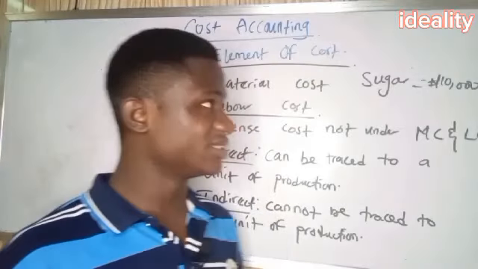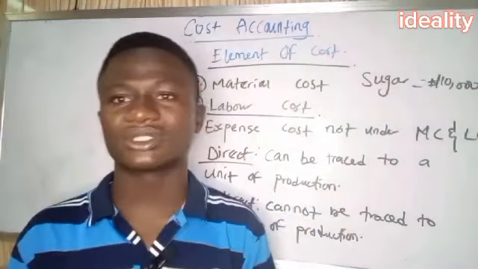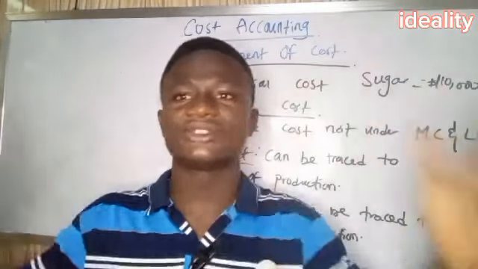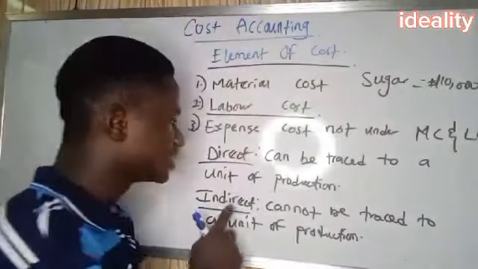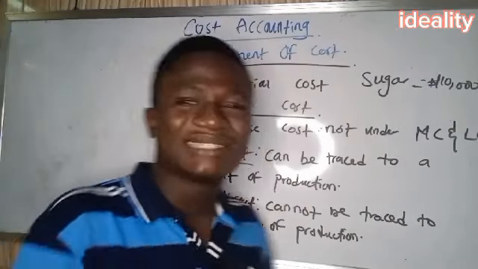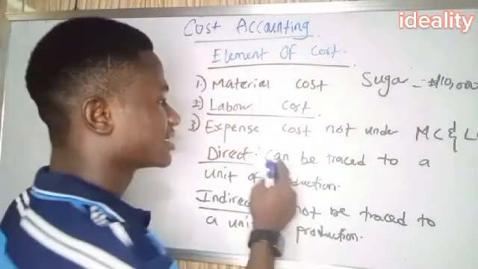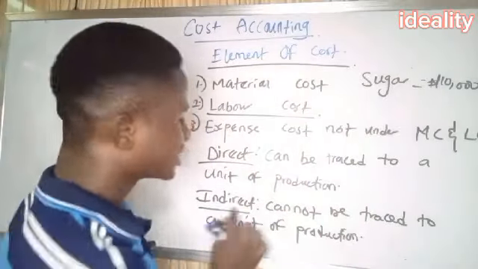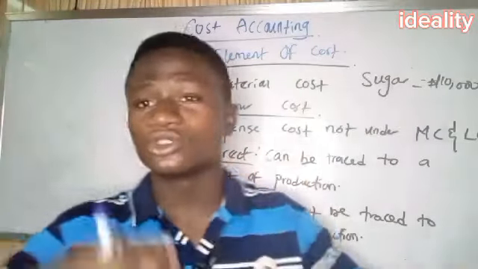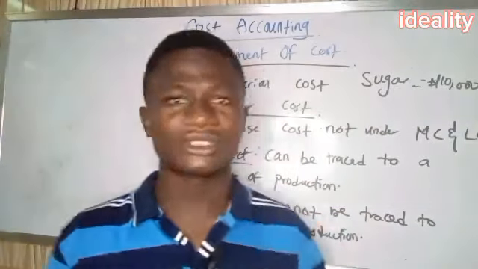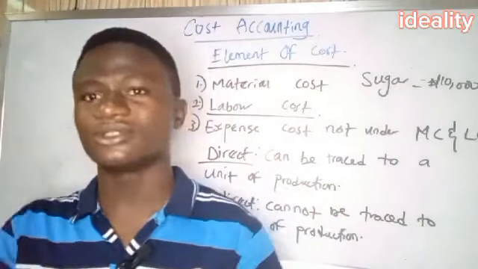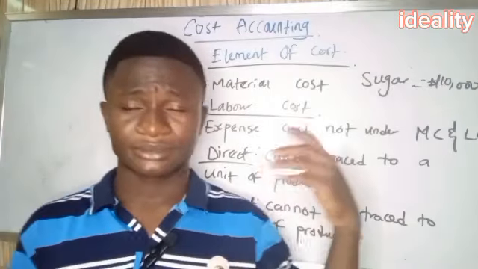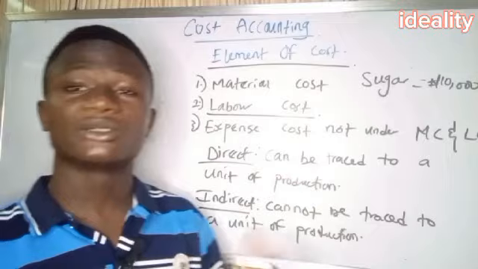Do you get that? So this is an indirect cost. Indirect costs are costs that cannot be used for one thing. You can use them for various reasons, for various things. While direct costs are costs that can be used for a particular thing. That's why I say they can be traced to a unit of production. But this one cannot be traced because you are going to use them, like, you get what I'm trying to say. You use it here, you use it here, you use it here. Just like the sugar I gave as a good illustration. Sugar, you use it to bake cake, to bake a lot of things.